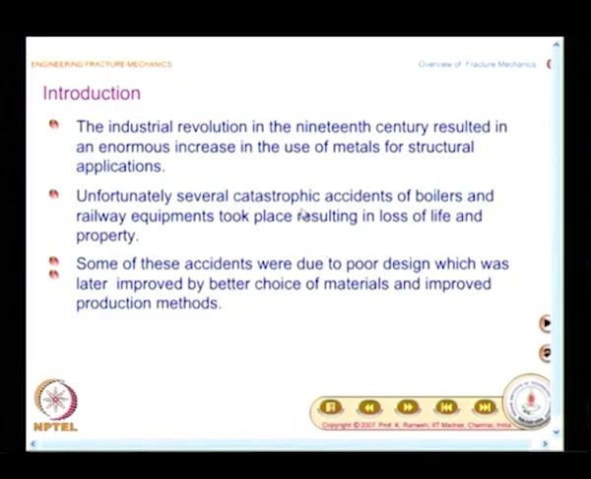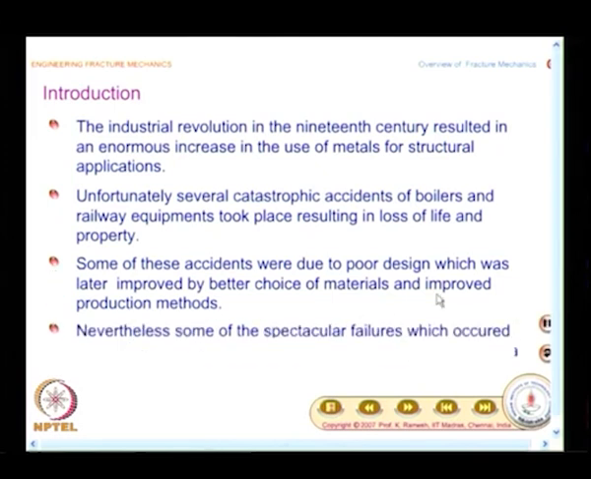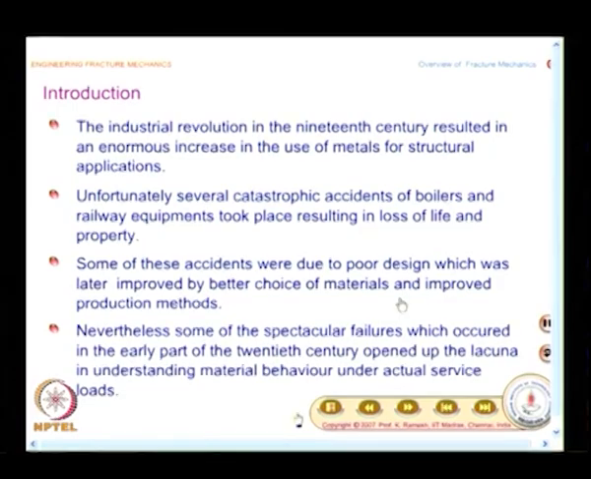So, this was also known to early engineers, and they tried to look at what was the cause of those catastrophic accidents. When they identified that they were due to poor design, they were able to improve it. When they found that the strength of the material had to be improved, they went in for alloying the materials and new materials were developed, and they also improved the production methods. So, there was scope for improvement in all this. So, you reach a stage where you find that you have understood everything and no harm will be done, but that was not the case. If you look at it, there have been spectacular failures which occurred in the early part of the 20th century,